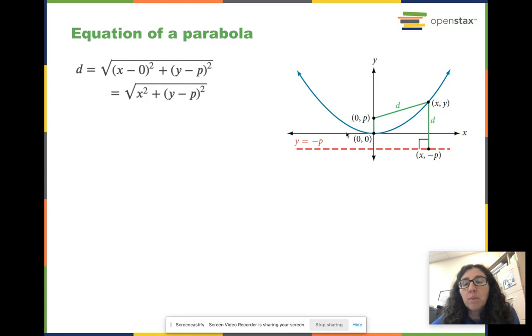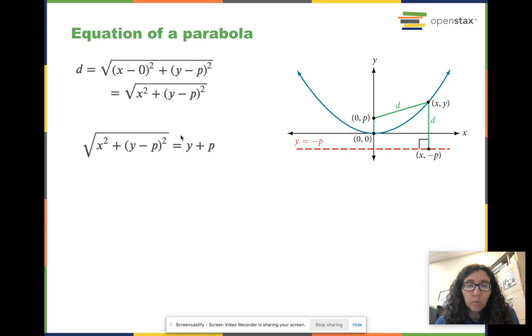So here we have our parabola with the vertex at the origin, right? Just to make it easy. In a minute, we'll shift it around. But for now, we're just looking at parabolas with vertex at the origin. So x minus 0, right? The x value of this point is 0, squared, plus y minus p, squared, right? So as if we made a right triangle here and are using the Pythagorean theorem, using the distance formula. So the square root of those two things added together is just going to be the square root of x squared plus y minus p squared. Looks good? All right,